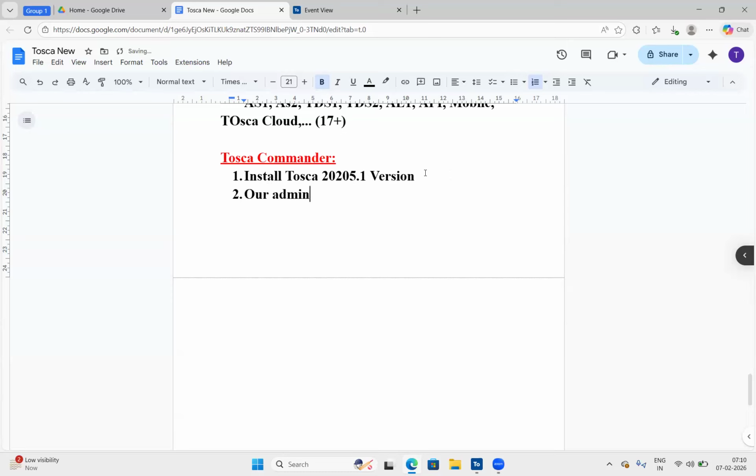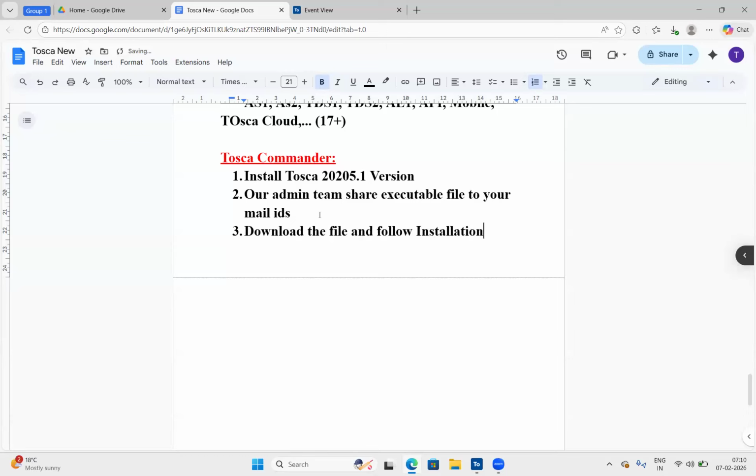Our admin team shares an executable file to your mail IDs. Okay, they share the executable files to your respective mail IDs. So once they receive the mail, simply download the file and follow the installation documentation steps. What are the steps mentioned in the installation document? Do follow those particular steps.